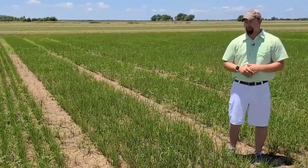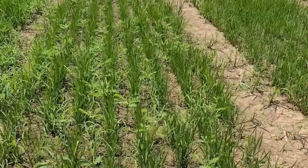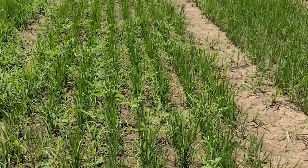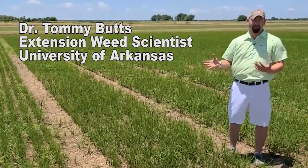Now that plot over there, again, received Command alone. Here on this heavy clay soil at Rohwer, we used a quart per acre rate. And you'll notice we did get halfway decent grass control, especially compared to our non-treated control plot. We got really good grass control there. But when we're relying on that one chemistry solely by itself, you can see we still did have a lot